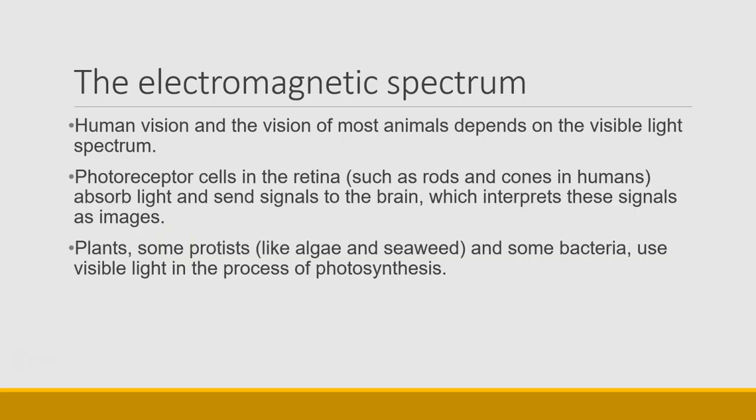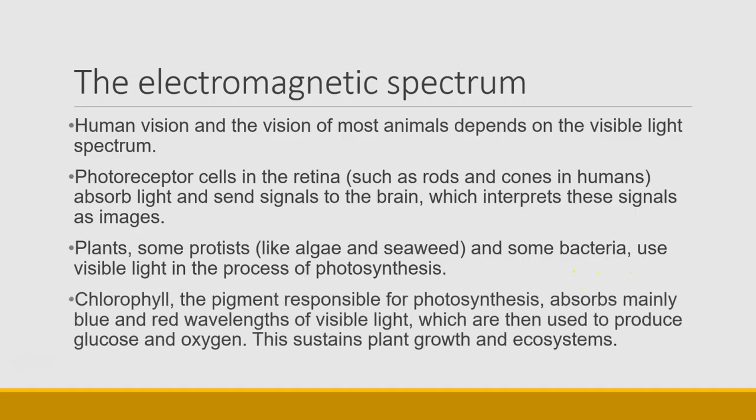Visible light is key to the process of photosynthesis. Who photosynthesizes? Well, plants photosynthesize, and some protists like algae and seaweed photosynthesize, and some bacteria are photosynthetic bacteria. All of those species contain a pigment called chlorophyll, and that chlorophyll is responsible for capturing visible light and allowing the process of photosynthesis within the cells of those